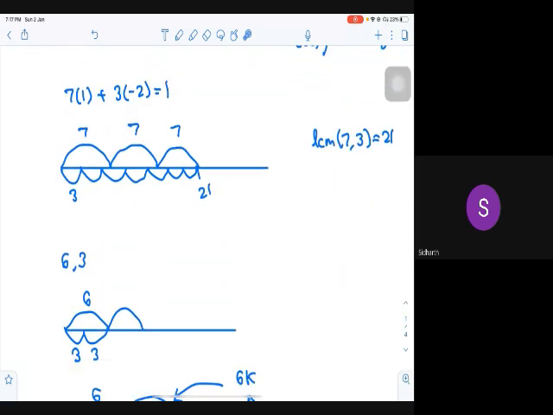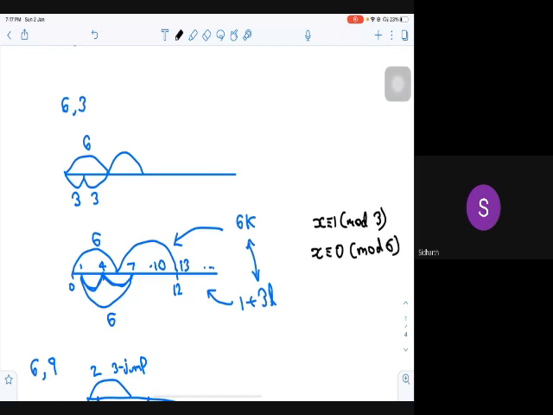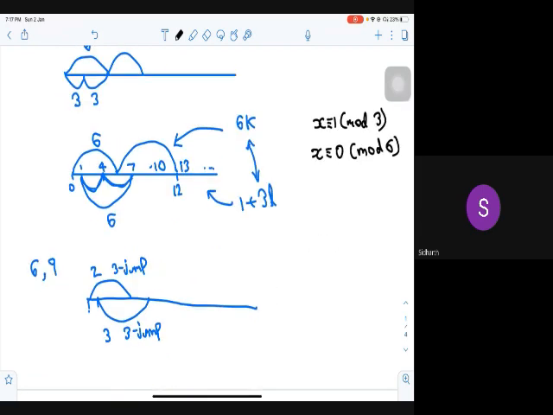Like in this case, if you have something like x is congruent to 1 mod 3 and x is congruent to 0 mod 6, it's not so simple in that case. So what I basically said before, suppose x is congruent to 1 mod 3, then if it's something like x is congruent to 1 or 4 mod 6, in that case you would have a